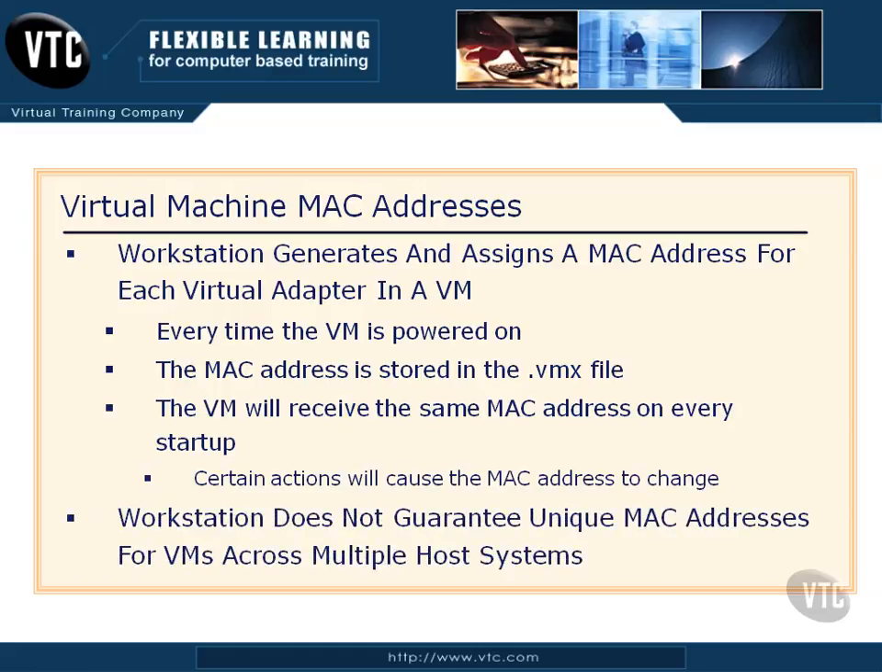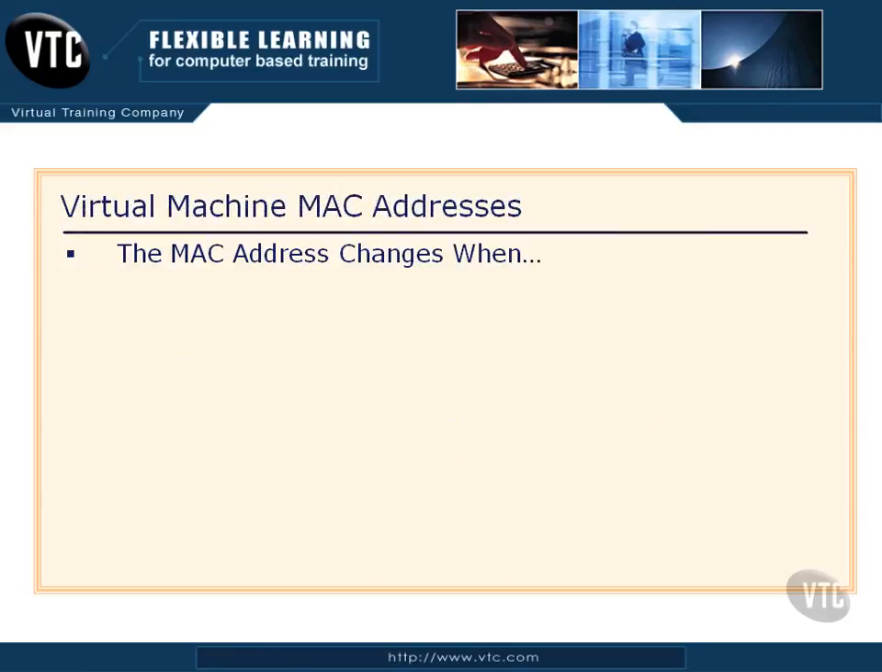One other thing you need to be aware of is that Workstation does not guarantee that the MAC addresses it generates for virtual machines will be unique across multiple host systems. Now multiple VMs on the same host system, you're going to be okay, but across multiple host systems you could have a bit of an issue there, so you'll have to check these things. Now the MAC address is going to change on your virtual machine when that VMX file gets moved. Even if you move it to a different location on the same host,